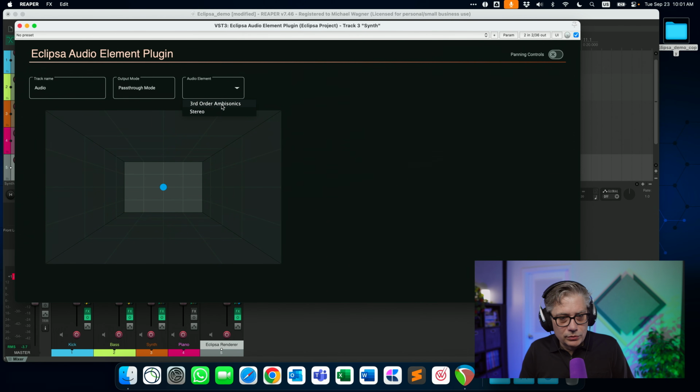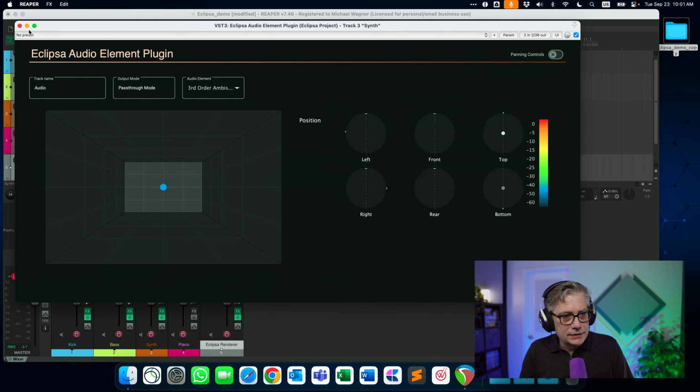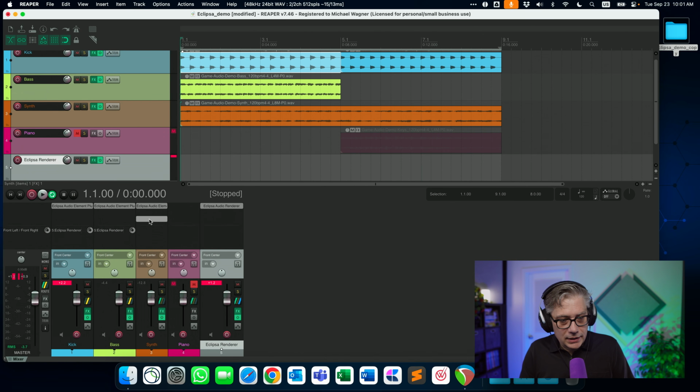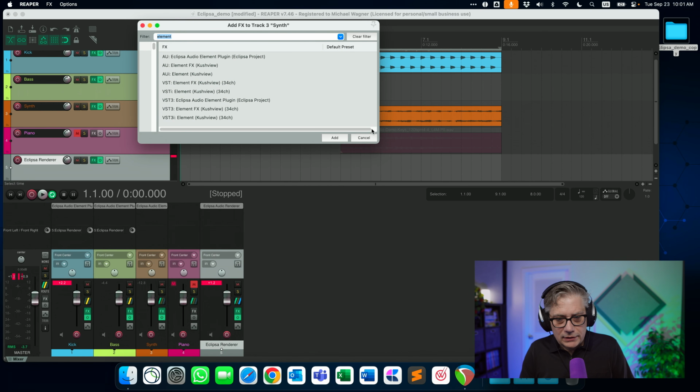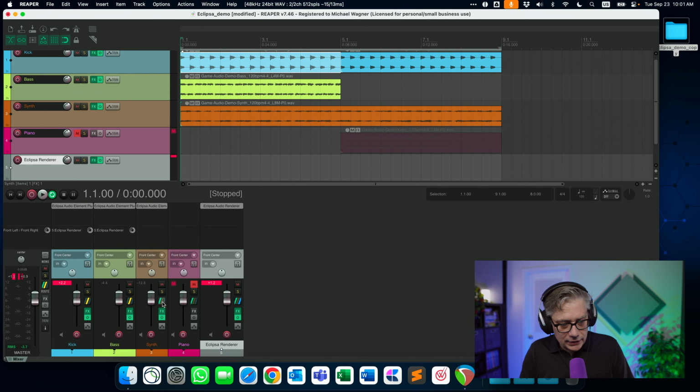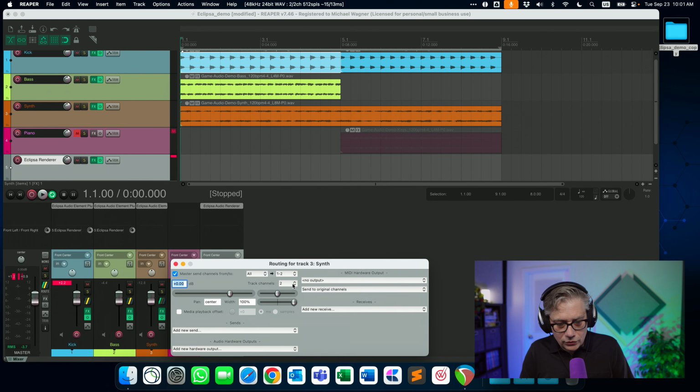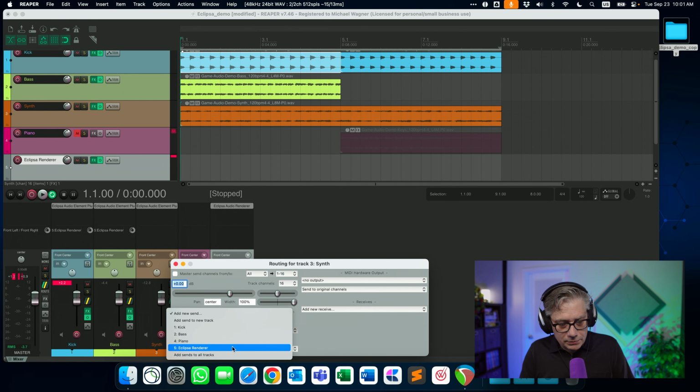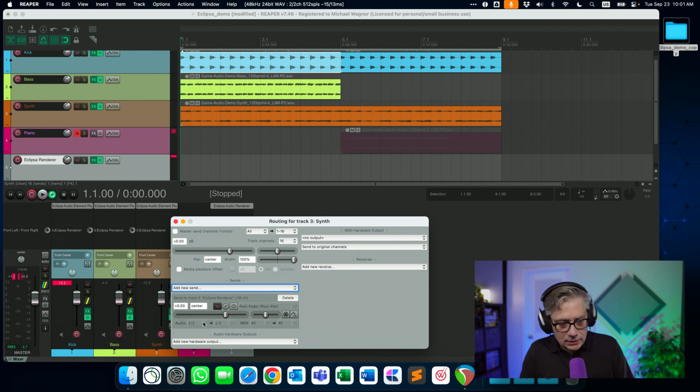I'm just going to switch that over to third order ambisonics, and instead of using the panning controls in the Eclipse Audio Element plugin, I'm going to add an additional panner, and for that purpose, let me just first change the track layout. So we're going to change that over to a 16 channel track. We're going to disable the master send. We're going to add a new send into the Eclipse renderer. We're going to make sure that all 16 channels are sent over, and that should take care of that.